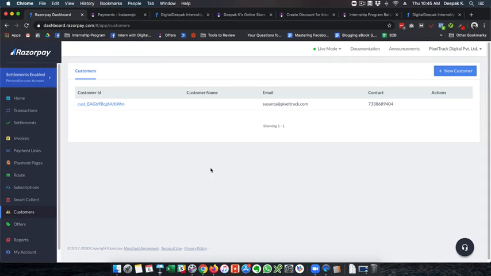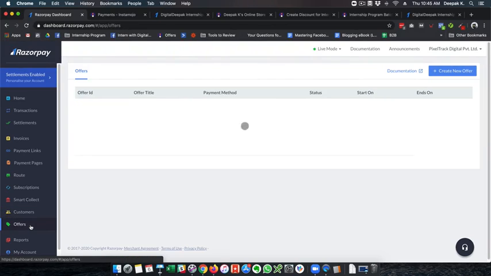So ideally in the customers tab, I would like to have a filter here and go ahead and select different payment pages. Maybe filter it according to email ID, filter it according to phone number, and if possible, if invoices are enabled to send invoices for these payments, I would like to see their invoices as well. Ideally, Razorpay can send an invoice to them, but I should be able to download a PDF here as well.